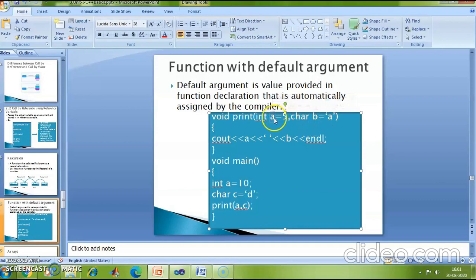A corresponds to the value of a over here, and b corresponds to the value of this character variable c. If you are getting confused, let me take this variable as m, and also print m. So m is holding the value of a and b is holding the value of c.